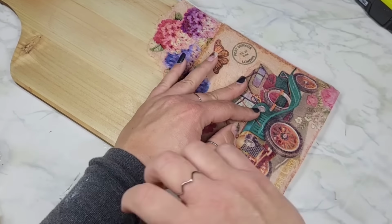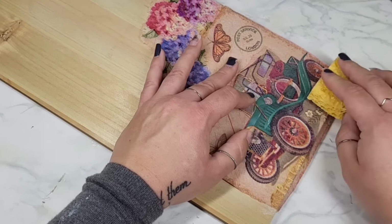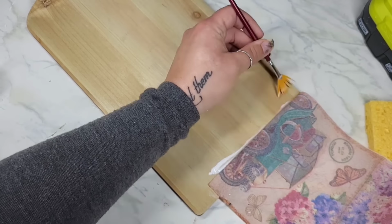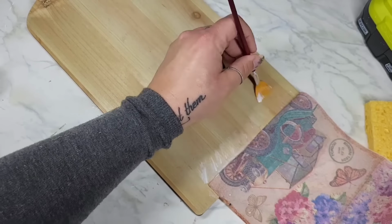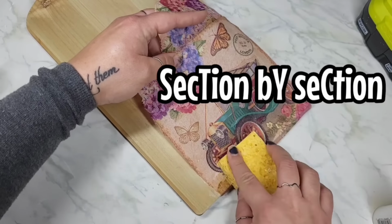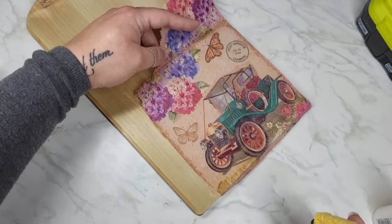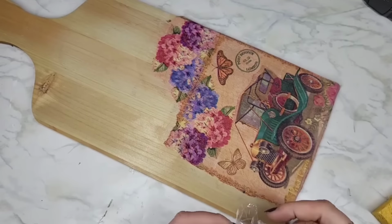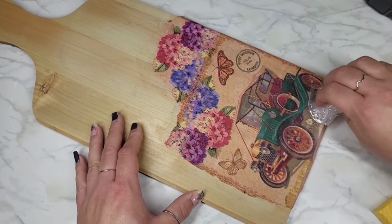Whenever it comes to decoupage, I like to believe less is more, because napkins are super easy to destroy. Super easy. So usually I will place my napkin down in one section, and I'll either start at the top, the bottom, the side, the middle, whatever works for me at that time, depending on the project. And I will go little by little, section by section, applying a small amount of Mod Podge, using my sponge to press it down, because the Mod Podge seeps up through the napkin. The sponge, since it's dry, it's grabbing that, and then you can take your cling wrap and go over it,